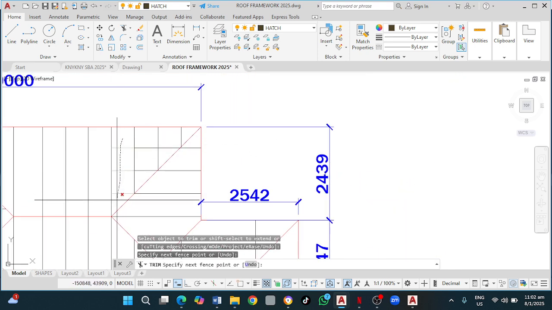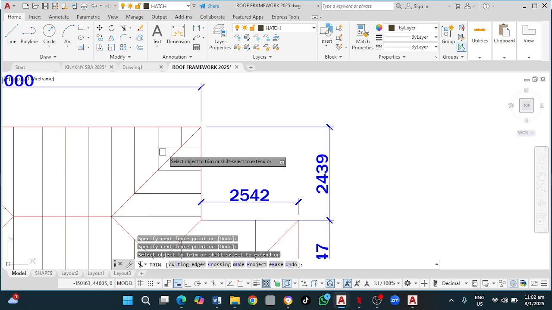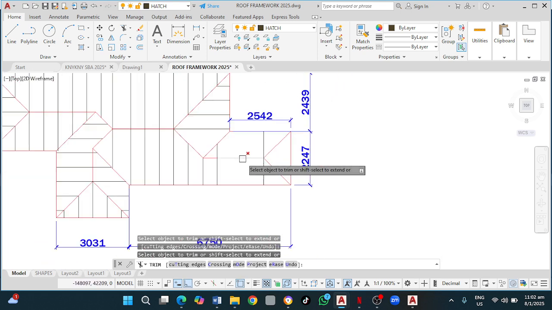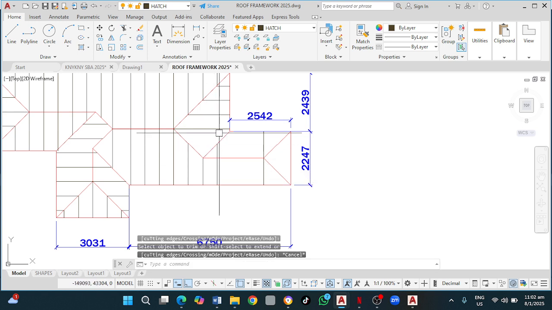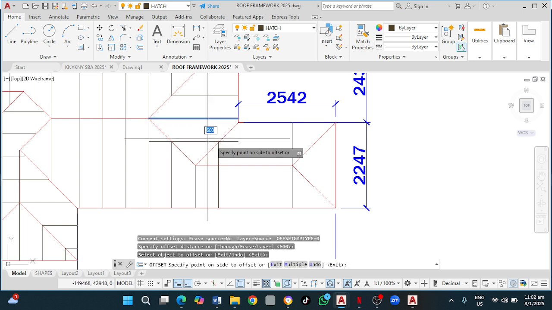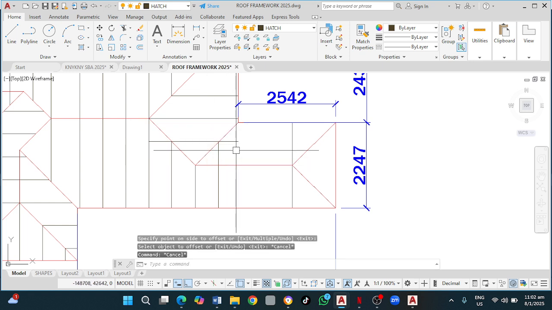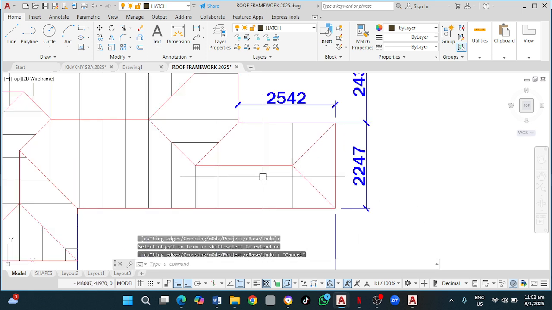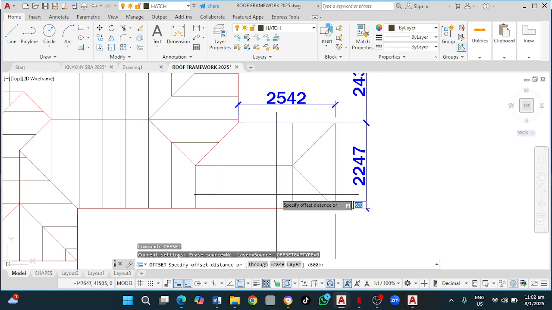From here, drag down, drag down, drag down there, then and offset, enter, 600, click there, go down, escape, TR, enter, there, there, there, and then OF, enter, start it,